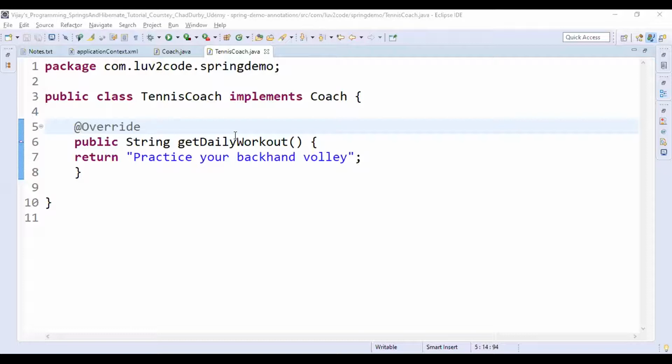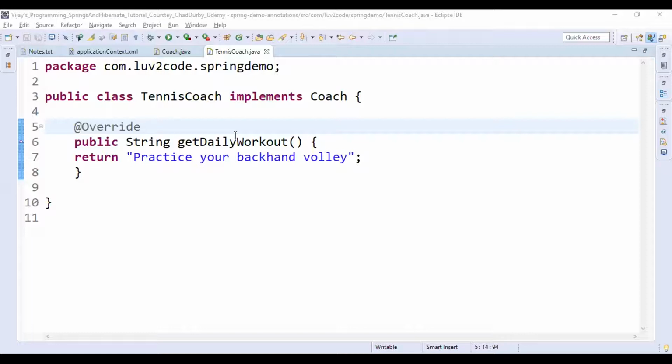In that, we had an annotation called @Override. It is an annotation. In that TrackCoach.java file, we had this annotation, @Override, on top of the method.